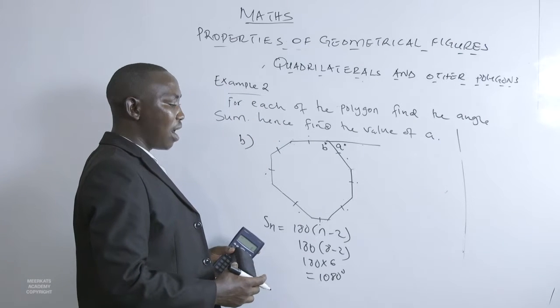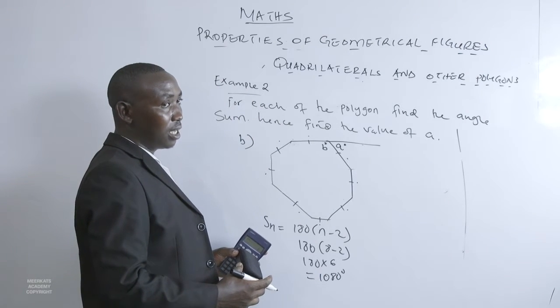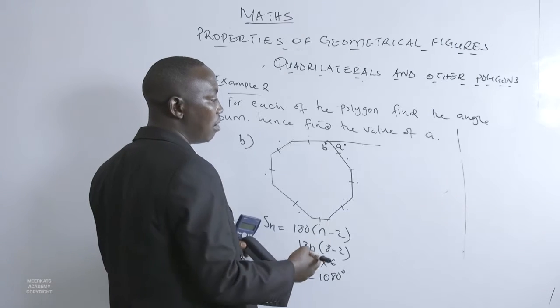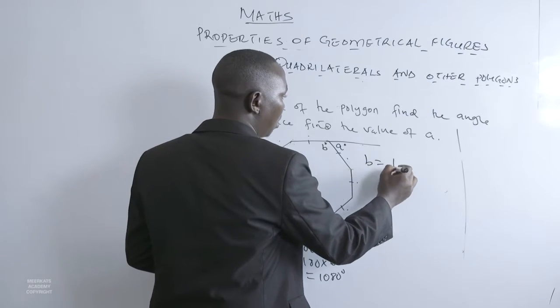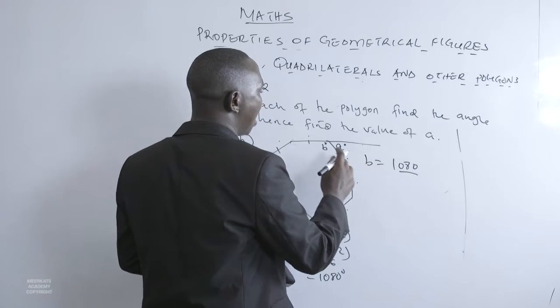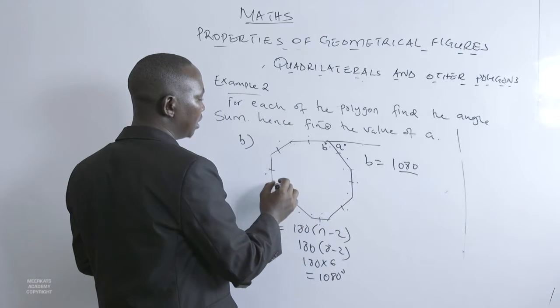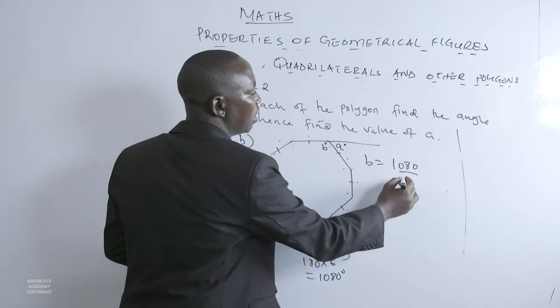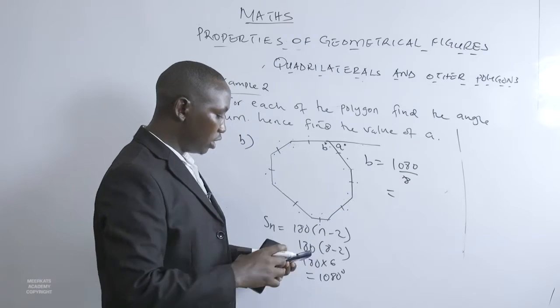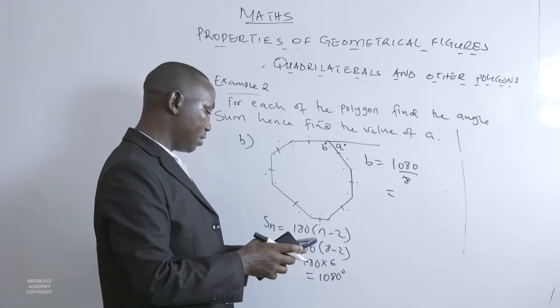So the sum of interior angles is 1080 degrees. Because it is a regular polygon, B will be 1080 divided by 8, which will give us